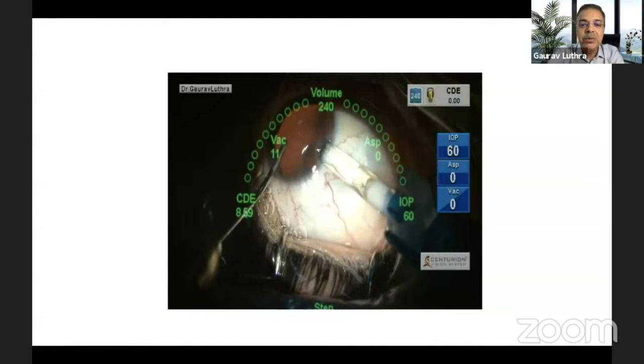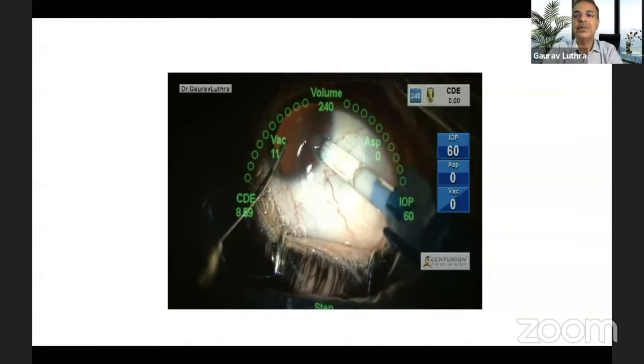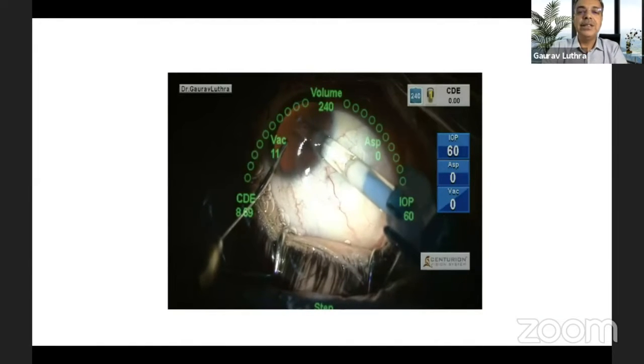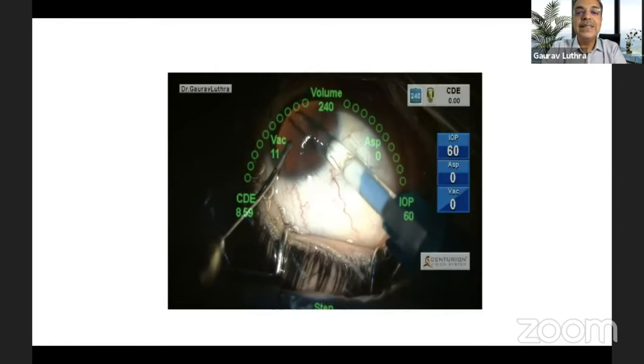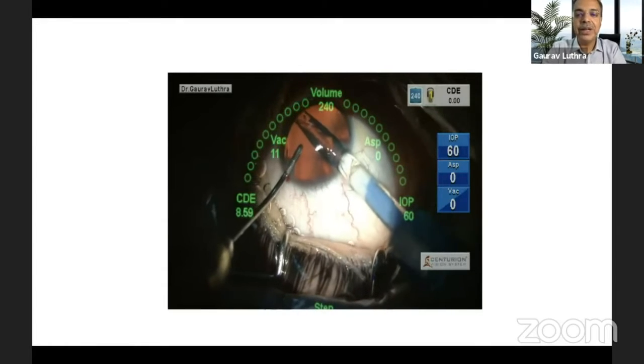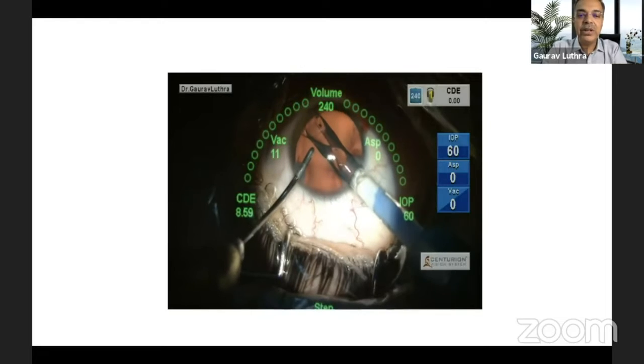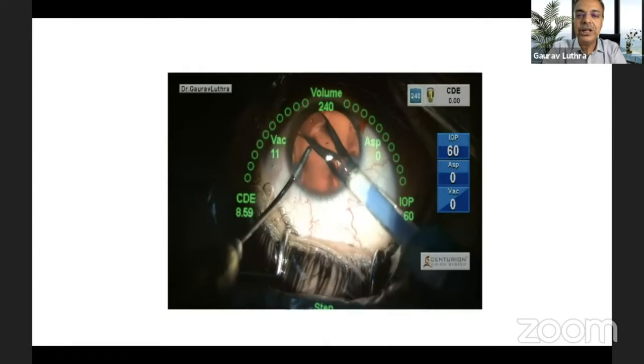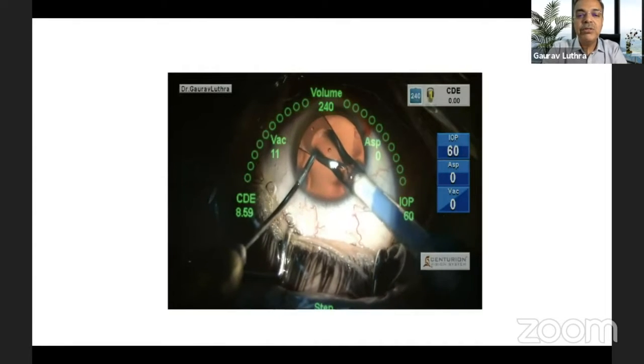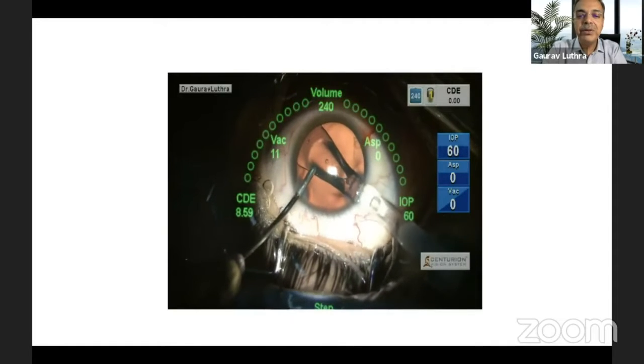Now, this you should attempt only after you've done a few hundred ICLs, because you cannot inject ICLs into a chamber without viscoelastic unless you are highly skilled, and still there is room for error. Even if you are highly skilled, you can still have a problem. If you have an aborted injection or something, you can have a very shallow AC, you can have a lens touch. So you have to be very, very careful and be prepared for all eventualities.